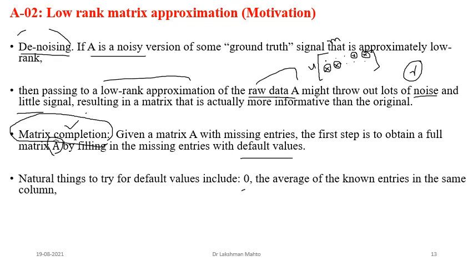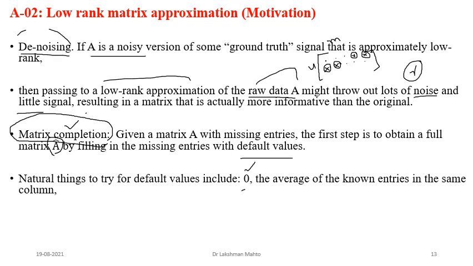In order to complete this, you are putting a few conditions over it. Actually this is an optimization problem, and whatever optimization problem is there, I will talk about after module 3. Here the simplest approach is to put default entries. First default entry: whichever entries are missing, just put 0 there.